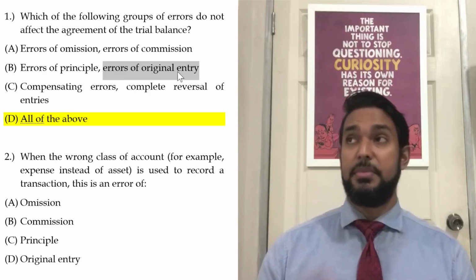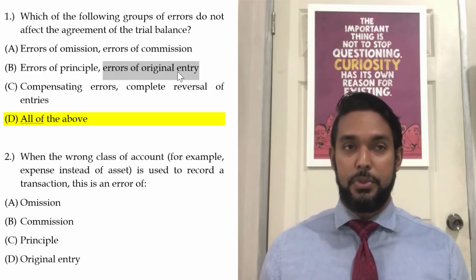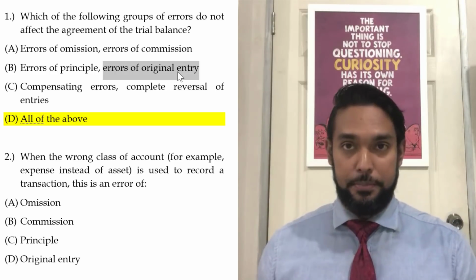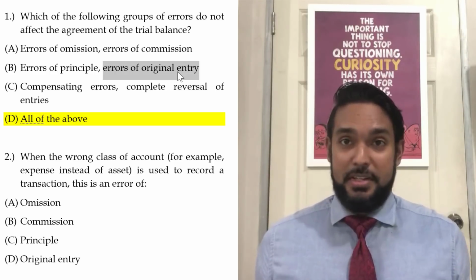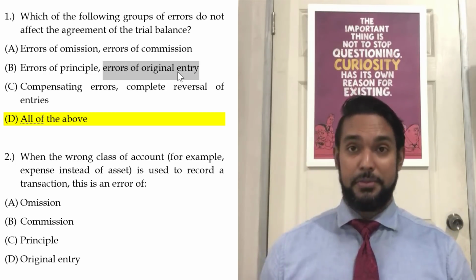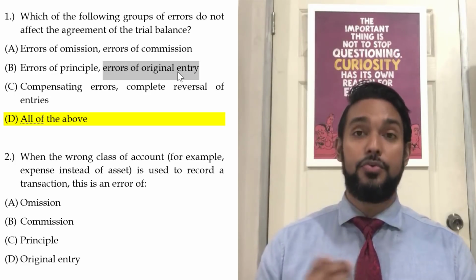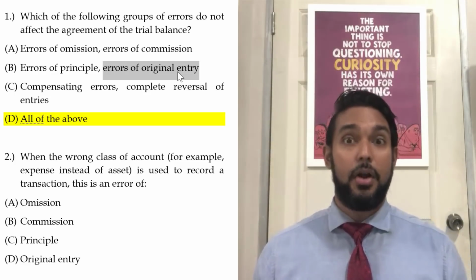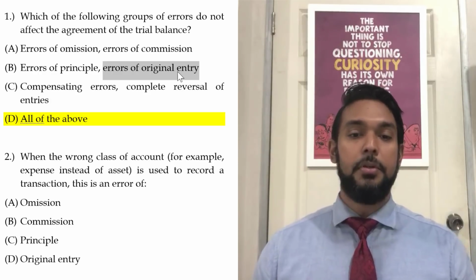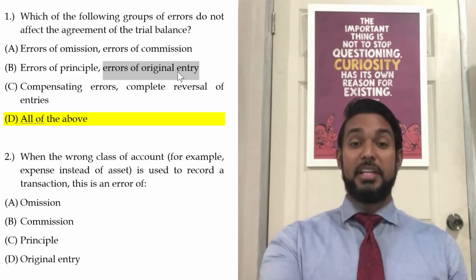So let's say it was supposed to be 568 and you use 658. That's the big difference between an error of original entry and a transposition error. To me, they're basically the same thing. As a matter of fact, I classify that there are only 2 types of errors. Errors of amount, where the wrong amount is used, which is either original entry or transposition, or error of account, where the wrong account was used, which is commission, principal, and technically complete reversal, because well, I didn't explain complete